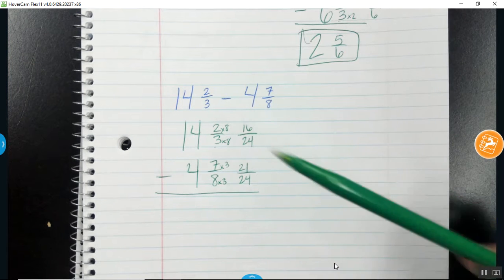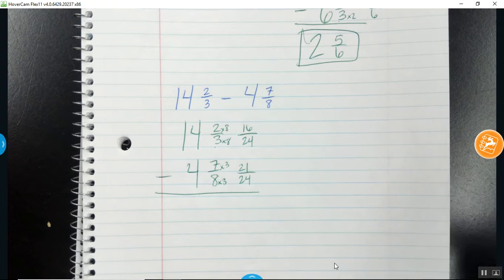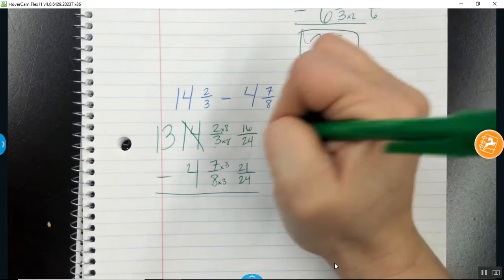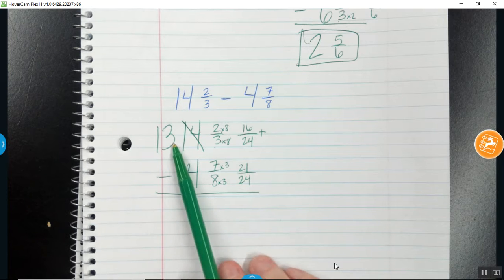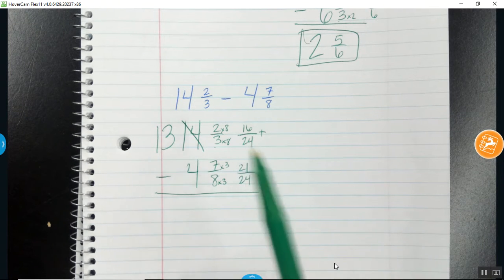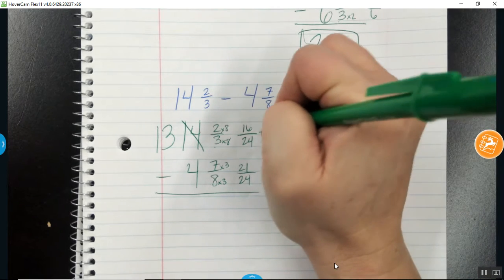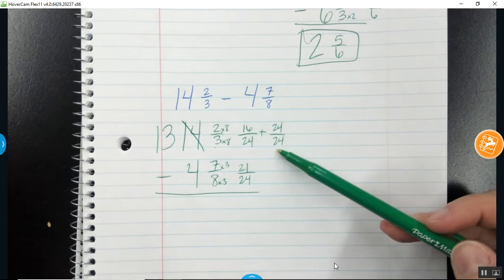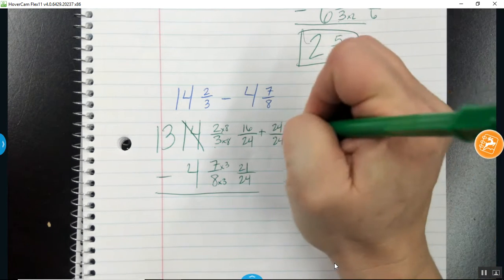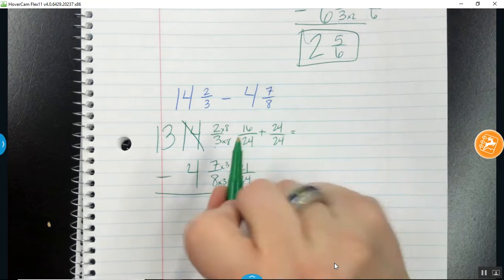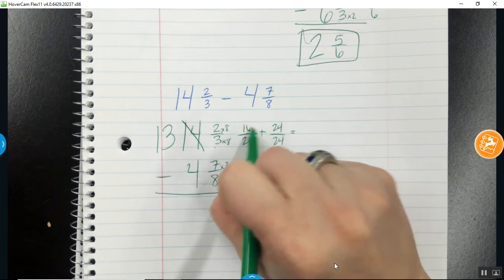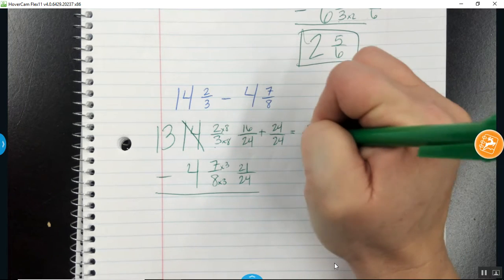Now I've got 16/24 minus 21/24. That's not going to work for me. So I got to take one of these suckers over here. I'm going to add it. I took 1. What form should that 1 take? It's going to take 24 over 24 because that's the common denominator. If I can use any number over any number, or any number over itself, I'm going to pick the one that makes my life easier, right? Because math is the pursuit of shortcuts. So this is now, that's a 10, and that's 40 plus a 10, that's 50 over 24